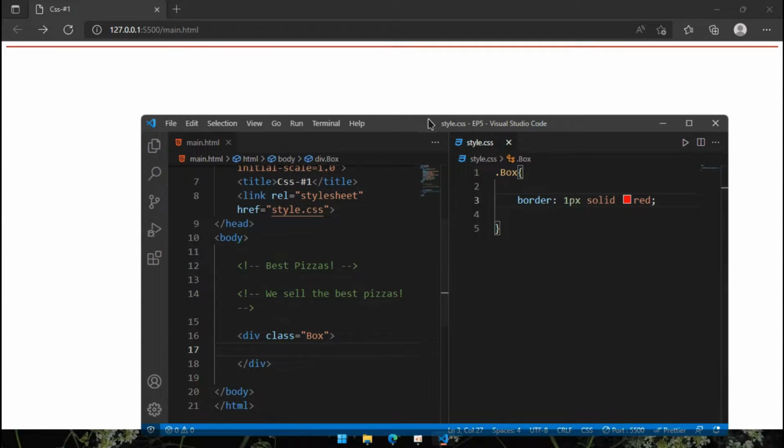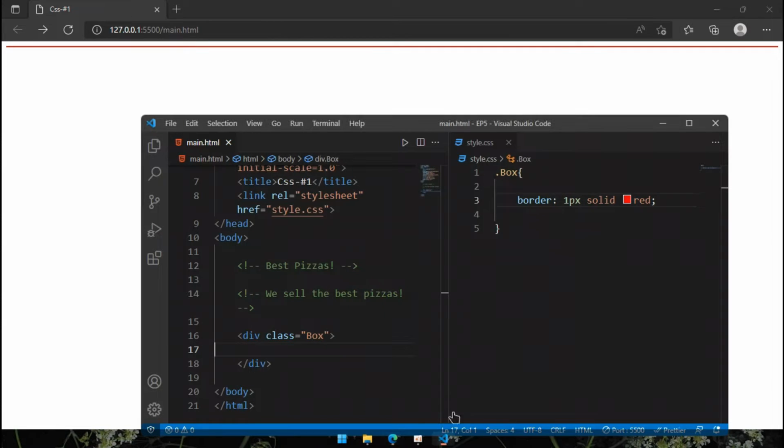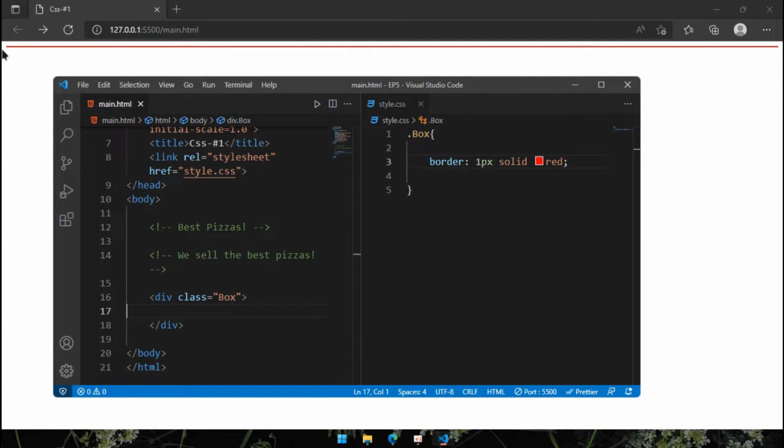Now you might be wondering why there's just a line. I asked for a border. That's because divs by default don't have any height. They only have maximum width, and it's not actually getting maximum width because by default your browser provides some margin up top and some margin on the left and the right. So that's why. And the width is like 100% because divs automatically take all the width they get, but they have 0 height by default. So I'm gonna add some